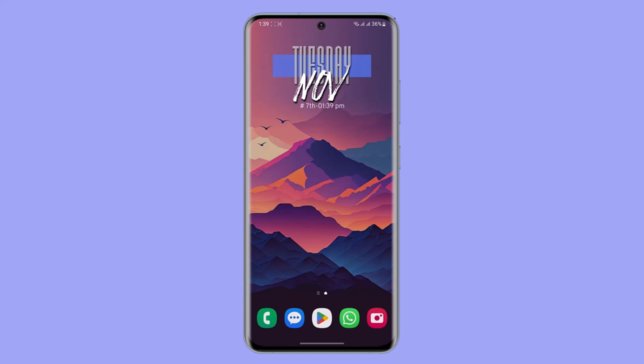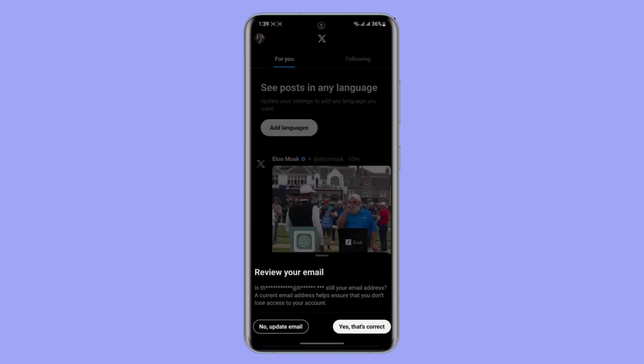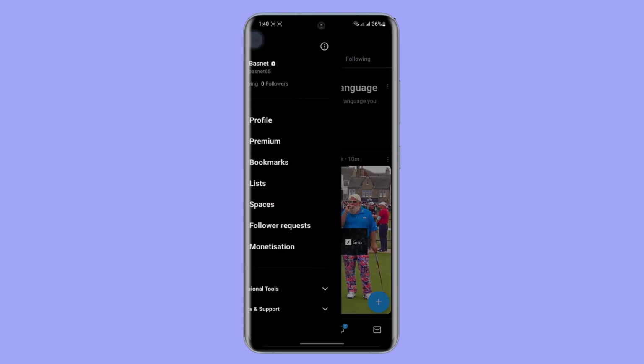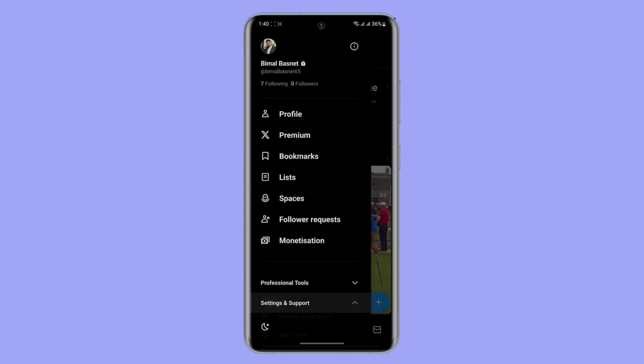For that matter, you're first gonna go ahead and access the X app on your mobile phone. Once you've done so, this kind of information you're gonna find, right? And if you would like to delete your account, you're simply gonna tap on this profile icon on the top left corner, and then tap on the option called Settings and Support given below, and tap